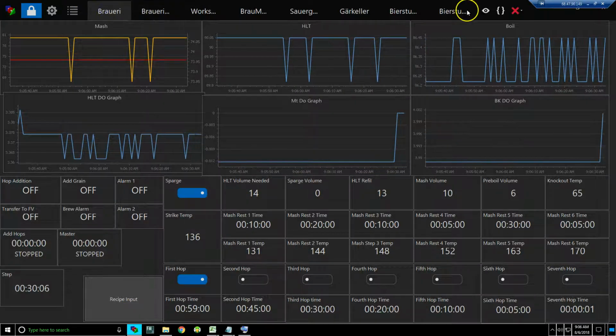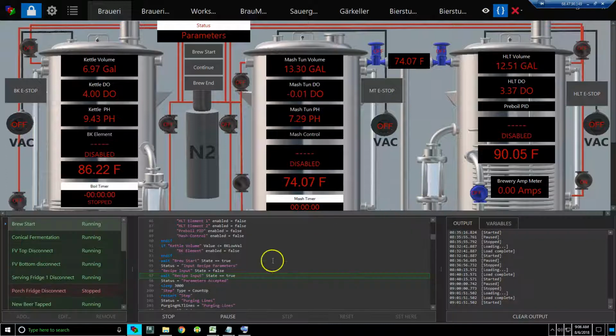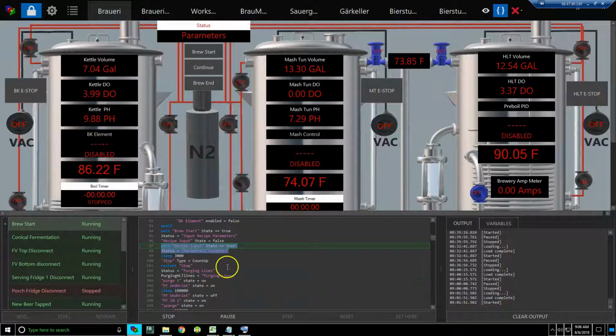And then you're going to come back over here, and it's going to wait until you do that. And when it does that, it's going to say parameters accepted. So then what it's going to start to do is start some timers. And the first thing it's going to do is, since all these vessels are empty at this state, it's going